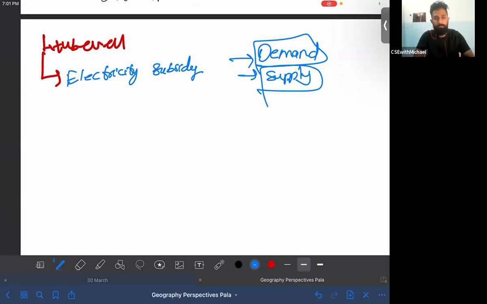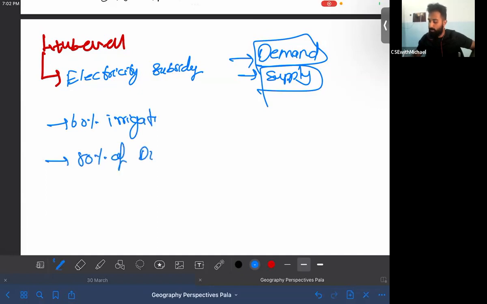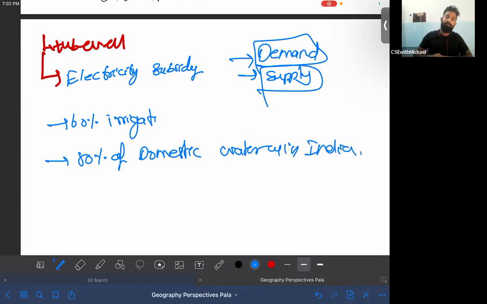Groundwater is one of the most important water sources in India. It accounts for about 60% of irrigation and about 80% of domestic water use in India. And Niti Aayog has highlighted, in the Composite Water Management Index, the groundwater crisis that India is facing. Some of the important reasons for the fast depletion of groundwater resources are